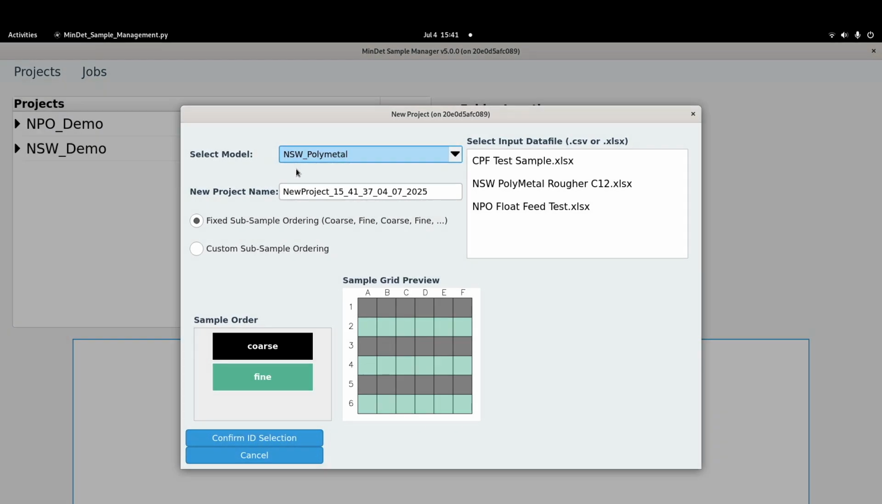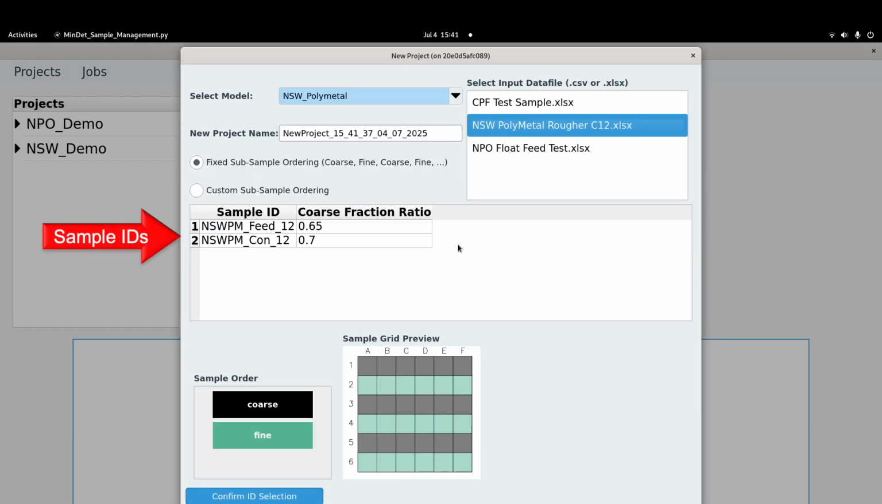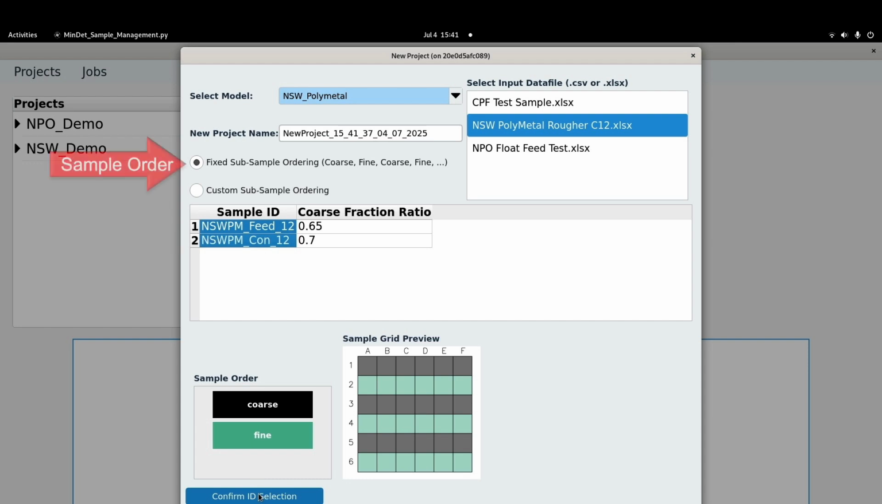The available sample input data files are displayed in a drop-down list. Select the data file from the list, noting that it contains the sample IDs of the sample pairs and the ratio by weight of the coarse to fines. Select the sample IDs to be analysed in this run, noting that each row represents 2 cuvettes. Use the radio button to accept the fixed sample ordering, as these samples are presented coarse, fine,